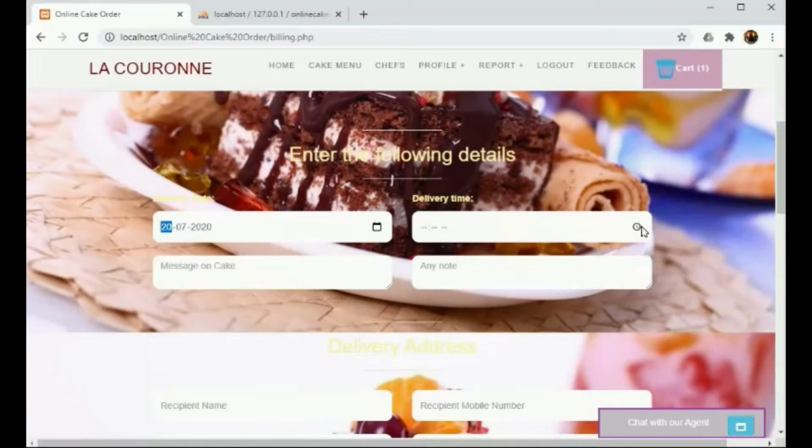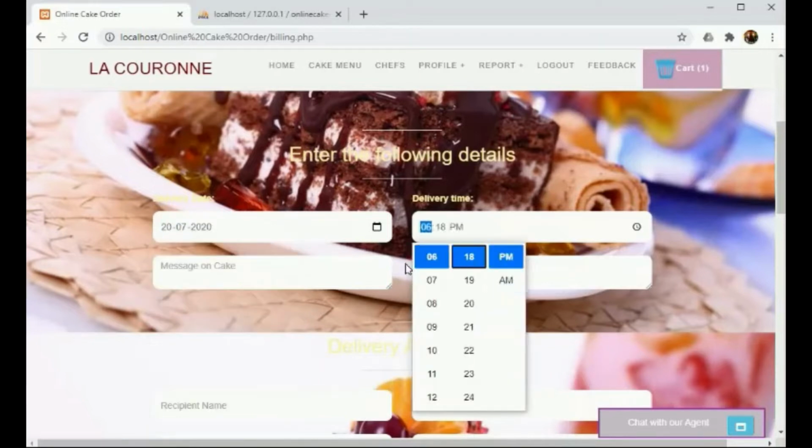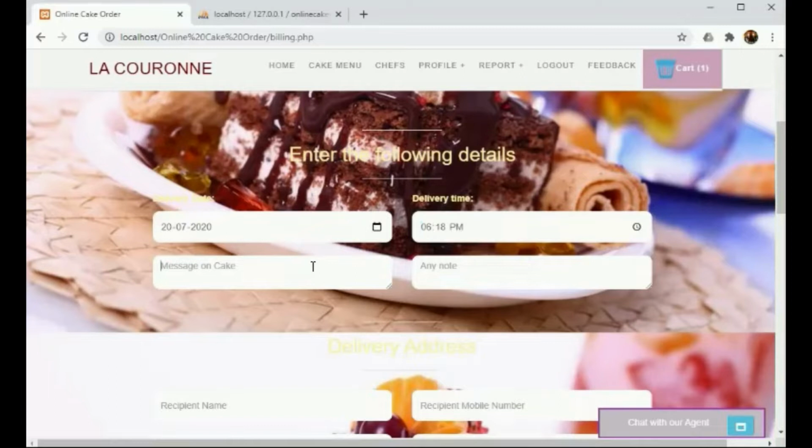Then the customer must mention the delivery details, the delivery date, time, and the message to be written on the cake.